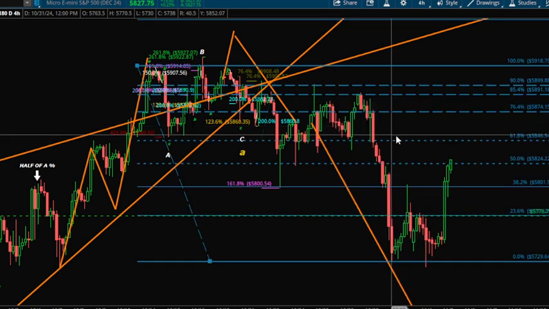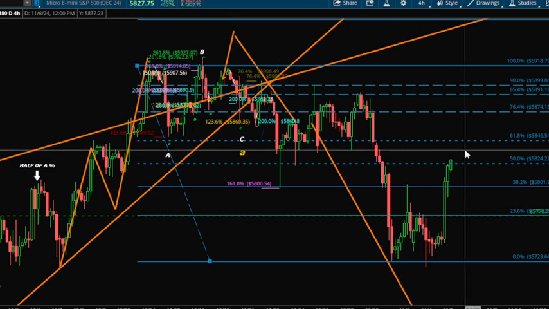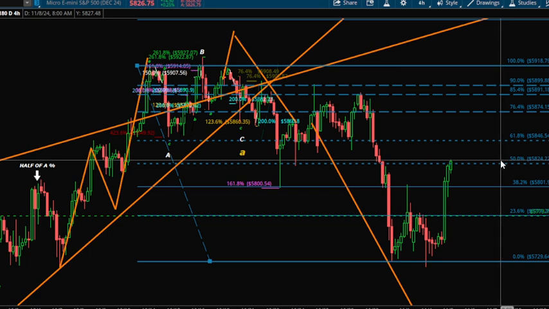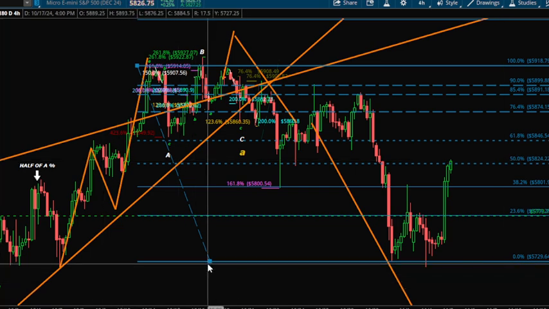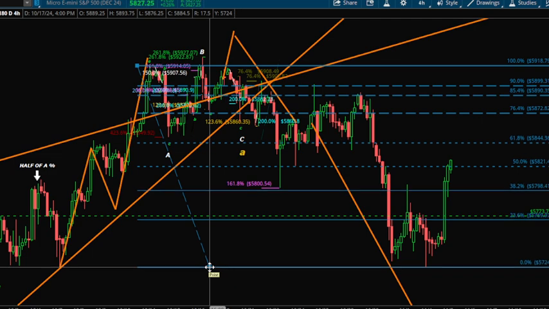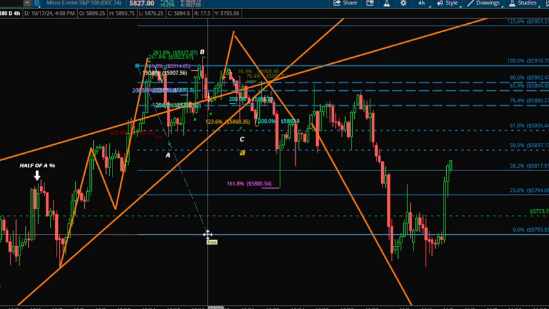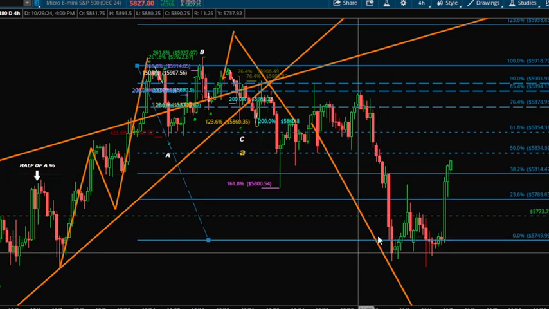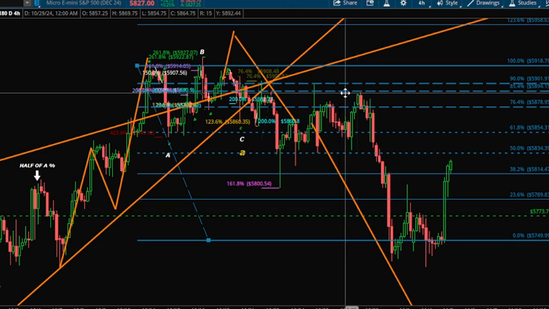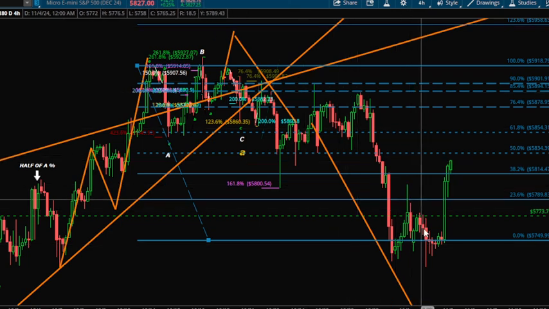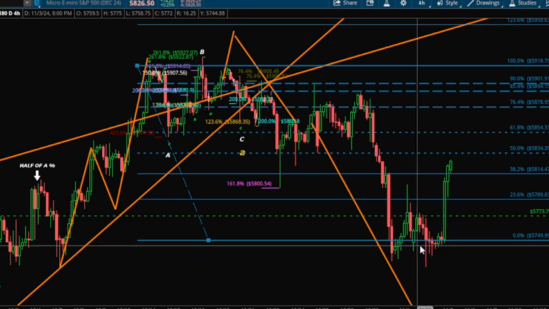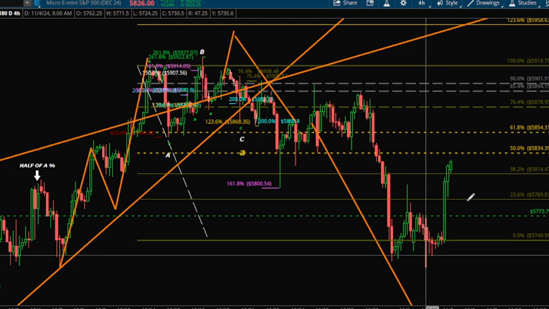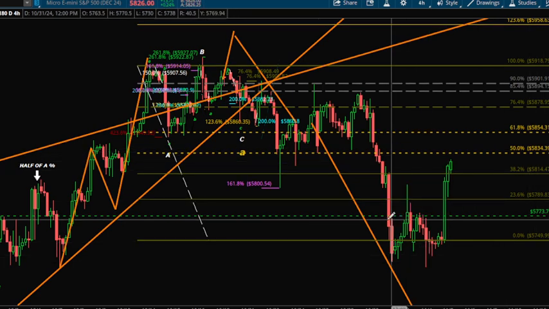I'll highlight that again. So I split the difference in between the 61.8 and the 50%, I believe, is what I did. Or let's move this down here. It might have been based off of that. Maybe there was an expanding flat right here on a lower degree. So I went long right around in here somewhere, and then once I posted the 58.33 target, I saw that